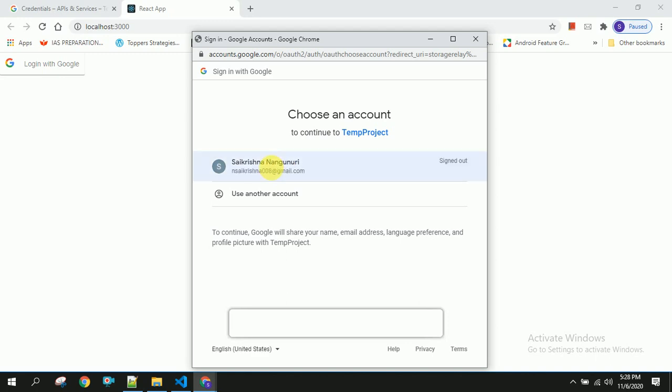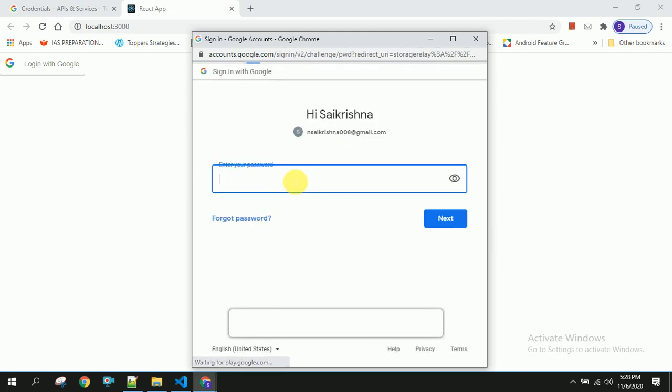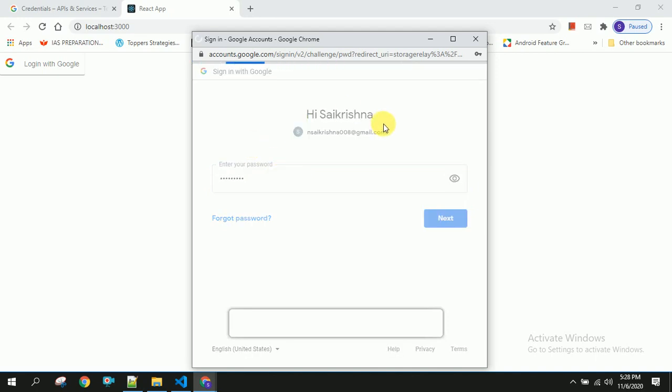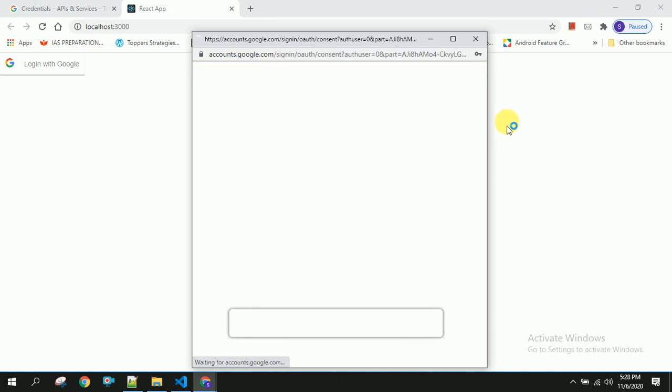I am going to click on this. I am going to enter my password. Let's check whether it's going to throw any error or show us any message.